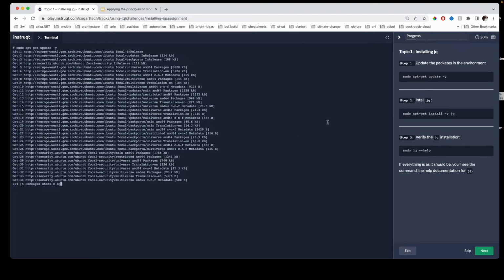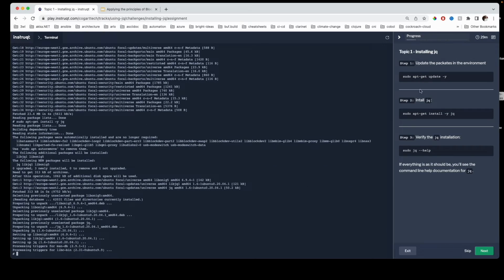So you can see I have to update this. And I'm really not going into why you have to update it. That's more the analysis stuff on the higher level. If this was instructor-led, which this is not, I would say, okay, here's why we need to update. But in this case, this is really getting the learner to where they want to be, so that they can start using JQ. And then I'm going to install JQ,